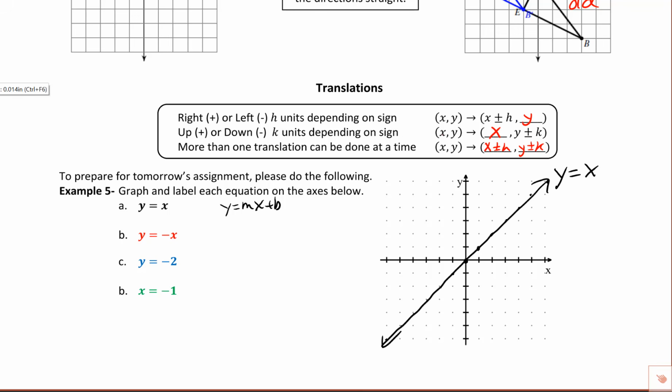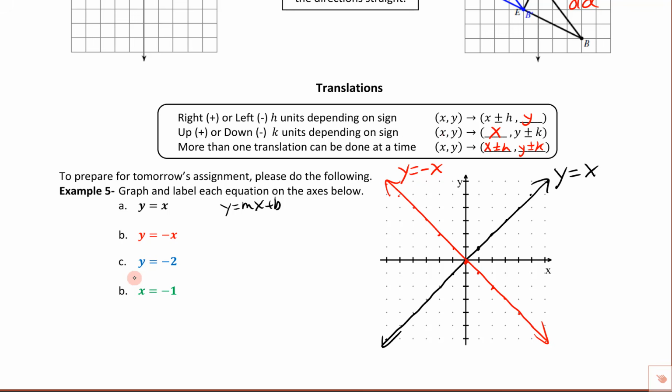I'm going to change colors and we're going to look at y equals negative x. Same thing, the y-intercept would be 0, so it's going to cross right here, and then the slope, instead of being positive 1, is negative 1. So we're going to go down 1 and right 1, down 1, right 1. So it looks like this, perfect 45 in the negative direction. Got all those points right there. We're going to connect these, put an arrow on the end, and it did say label them. And the nice thing about labeling this is it's just a great reminder of which equation it is. So we've got y equals x going up, we've got y equals negative x going down, and then we've got